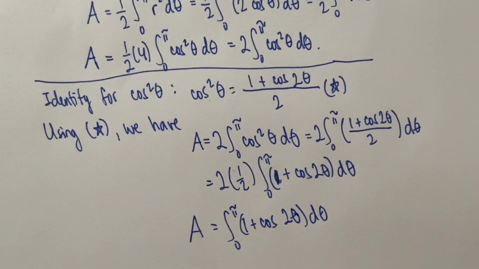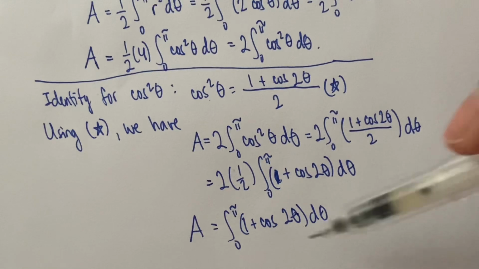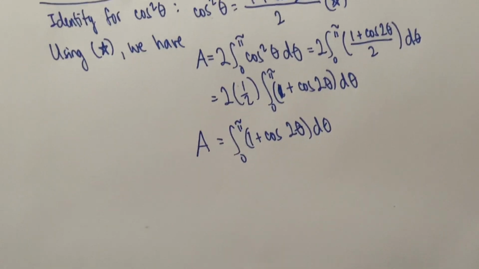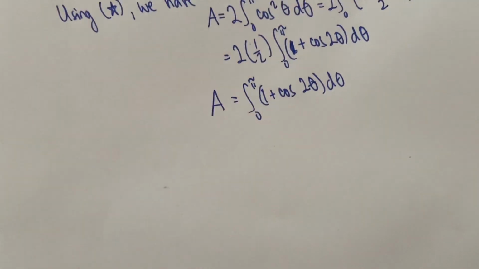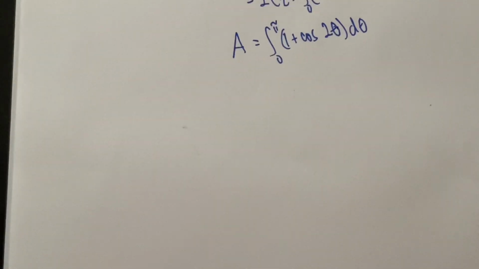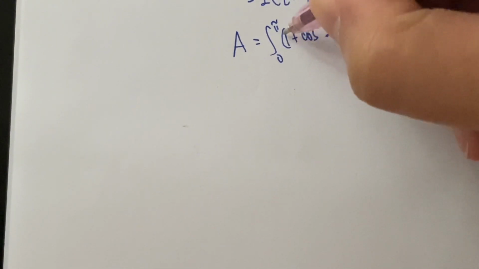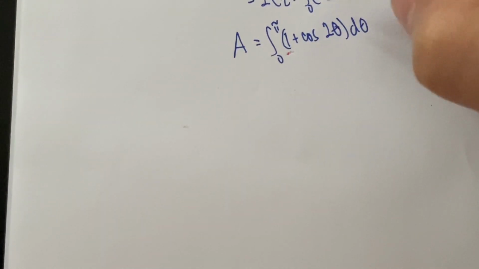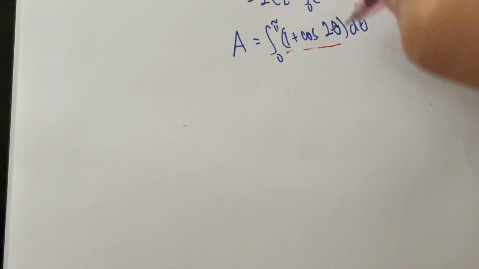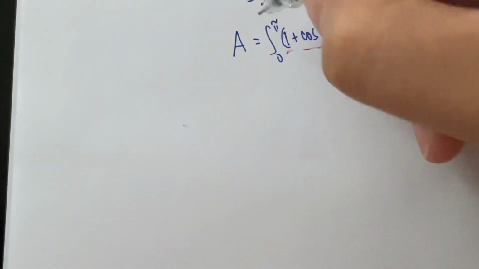All right. So from here, we can actually use a property of integrals where we can split this in two. There's a plus sign here, so we can split this. We can put an integral sign on the 1 and an integral sign on the cosine 2 theta. So we can do that. What we have is, for the first integral and the second integral as well,